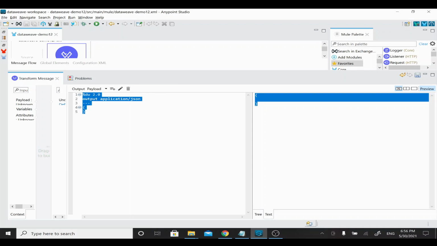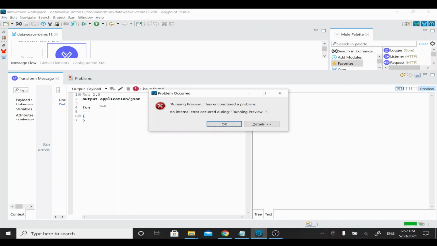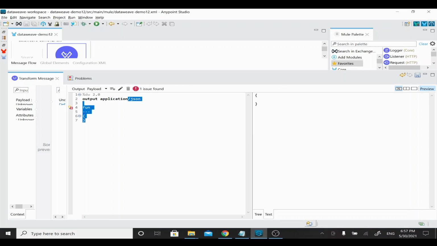Now what I'm going to do is write a case statement. In order to do that, I'm going to create it in one particular function, and we are going to call that function from our body. So I'm going to create a function. In order to create any function, you have to write fun and then give a function name. I'll say processByDifferentType. This is my function name, and to this function I'm going to add an argument. I'll give input as my argument, and this is the syntax for a function. You have to put an equals sign, and this is the place where I'm going to write my condition.